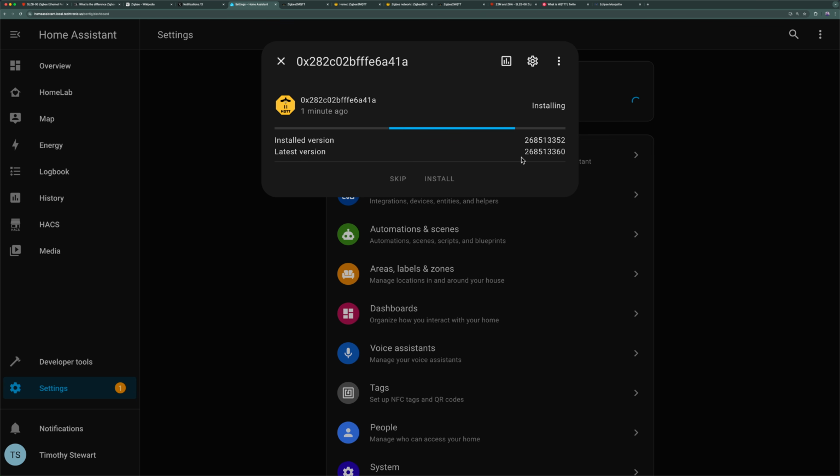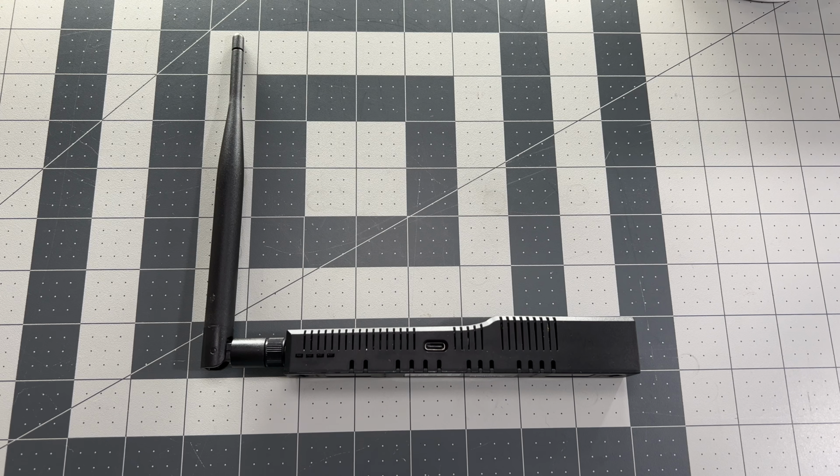Once it's in Home Assistant, I'll show you how to manage your ZigBee devices, even add some new ones, and even update the firmware for this device directly through Home Assistant. Pretty awesome. First, about this device, this is the SMLIGHT